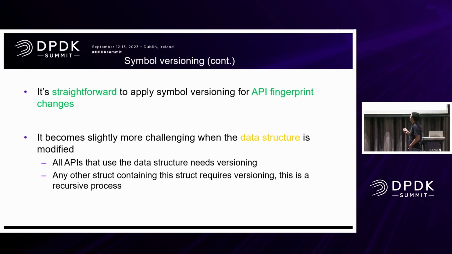It is a little more challenging if a data structure is changing, and I think we are hitting that more. We are using a configure struct, for example, that is changing, which has a knock-on effect on many APIs because multiple APIs are using it. And if that struct is nested within another struct, then every user of that other struct also needs to be versioned. So based on what is changing, it may end up updating multiple functions, creating new ones, and of course a new version of the data structure as well.